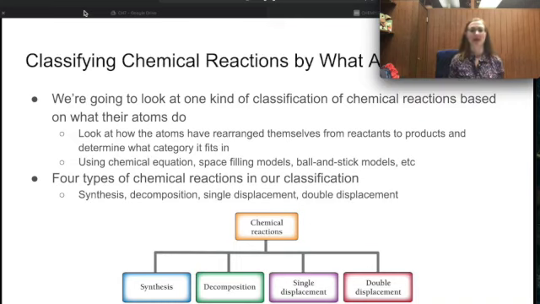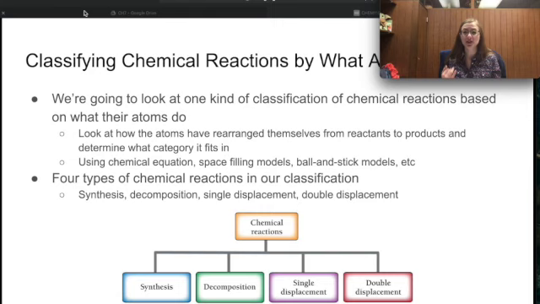to talk a little bit about what atoms do during chemical reactions. So we've talked about the fact that they rearrange themselves into entirely different chemical formulas. So you have something entirely different at the beginning than you do at the end. We talked about being able to count the number of atoms, but what are they actually doing? So we're going to talk about how to classify chemical reactions by what the atoms are